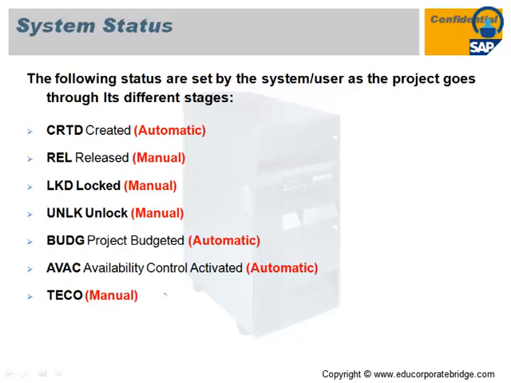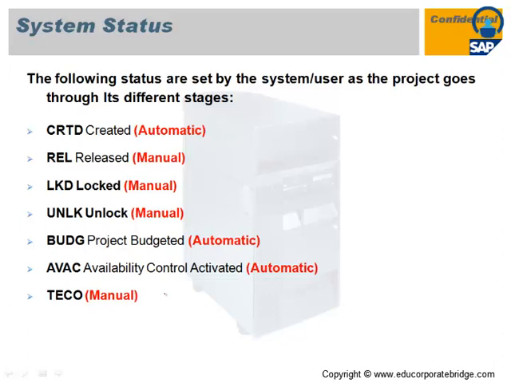Suppose you want to lock or unlock that particular project or WBS, there is a facility to lock or unlock. As soon as you lock, the system will not allow you to do any transaction across that particular project or WBS. That facility is provided by SAP through the different statuses. The main purpose of the status is to control the business transaction. This status will be controlled by authorization, so you have to provide the appropriate authorization on that particular WBS or project, through the appropriate user.